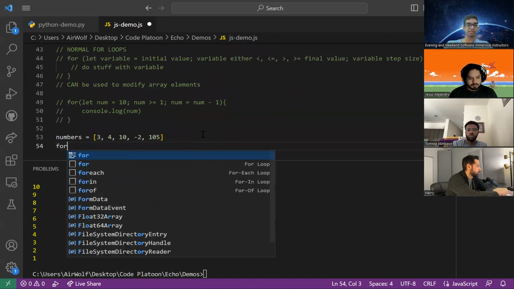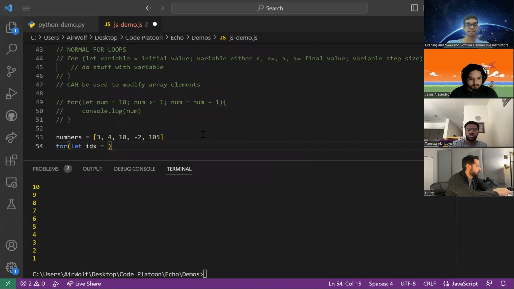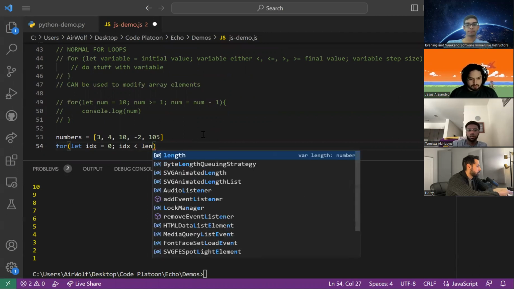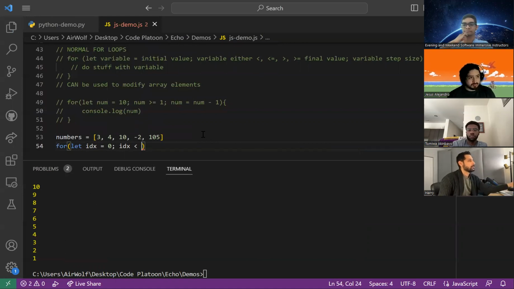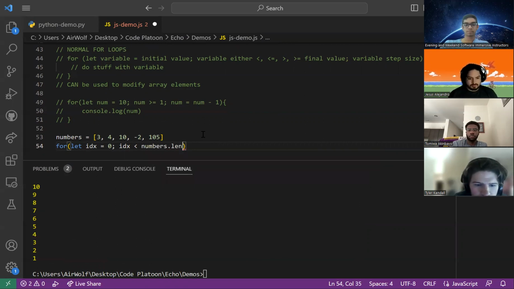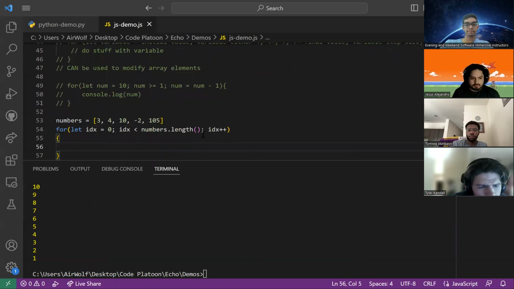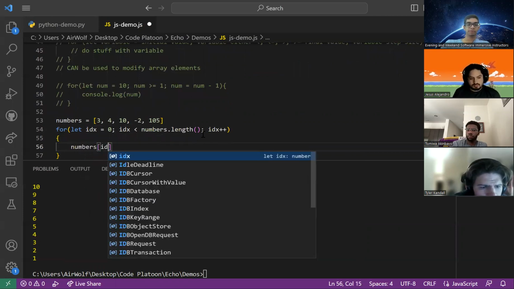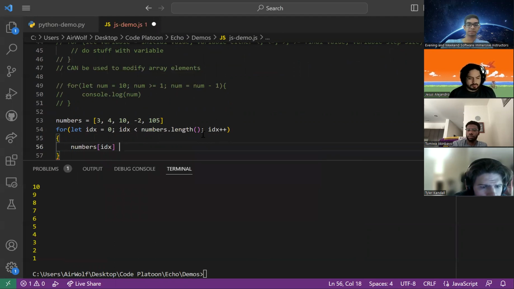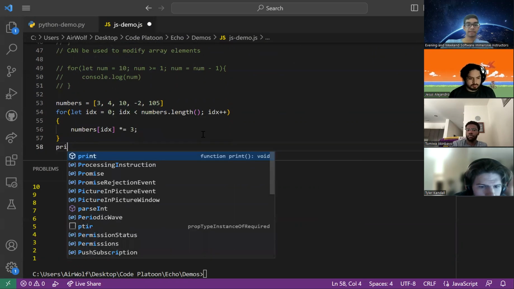So what we can do now is we could say for let index equal 0, index less than, how do you get the length of an array in JavaScript? Does anyone remember? Numbers.length, I think, with parentheses at the end. Yep. And let's do index plus plus. So that means our index is going to keep going up. And let's say we want to do numbers at that index times equal 3. And we can print